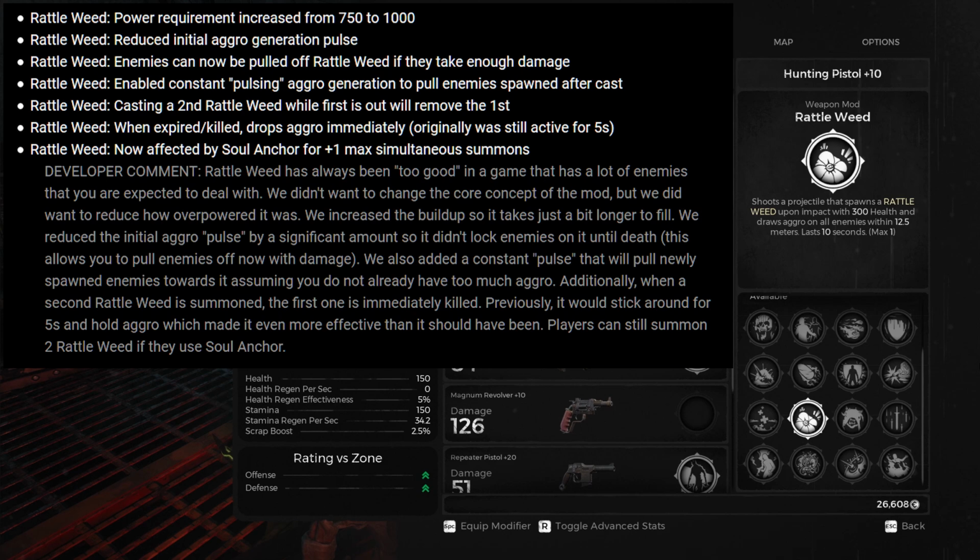When it's killed or it expires, it drops aggro immediately. Originally, it was still active for 5 seconds. Rattleweed has always been too good in a game that has a lot of enemies that you are expected to deal with. We didn't want to change the core concept of the mod, but we did want to reduce how